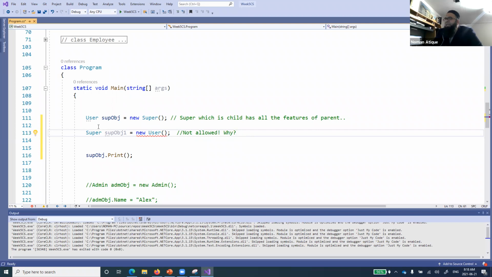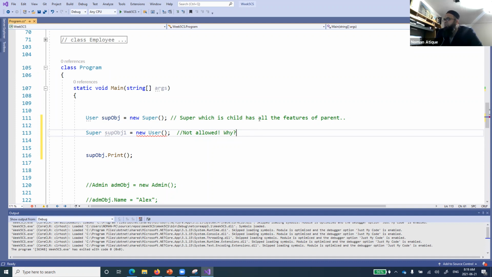So what I've done, the parent reference variable being assigned a child object, is allowed, but a child reference being assigned a parent object is not allowed. Why? On one hand, we are saying that we can create a reference variable of the parent class and assign it the child object, right? Creating a child object. So new always creates the object. So we are creating a child object and assigning it to the parent reference. But we cannot do something like the opposite. Why? What is the reason behind that?